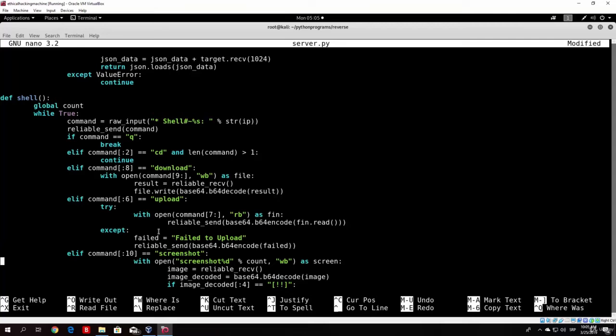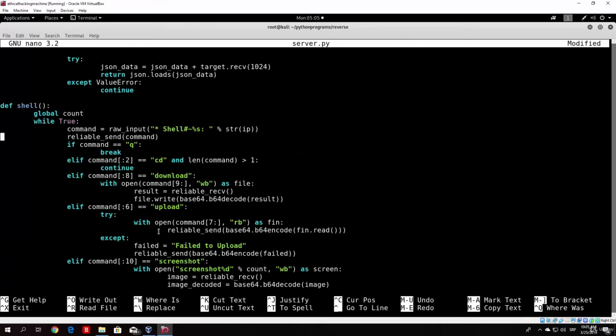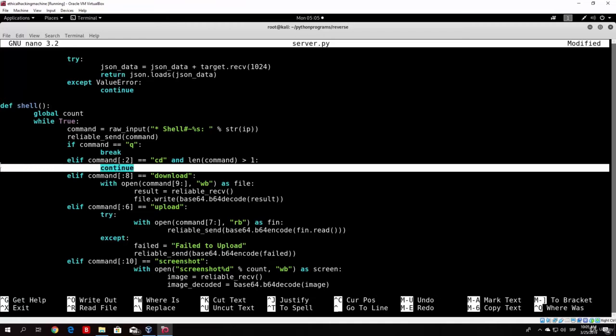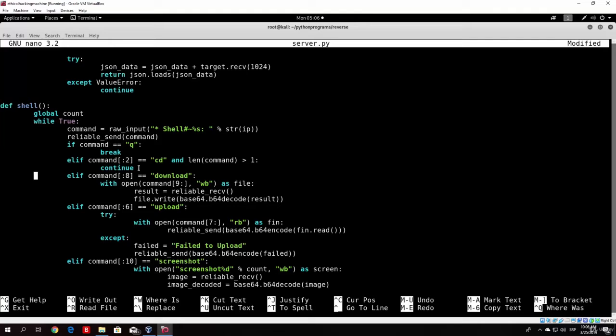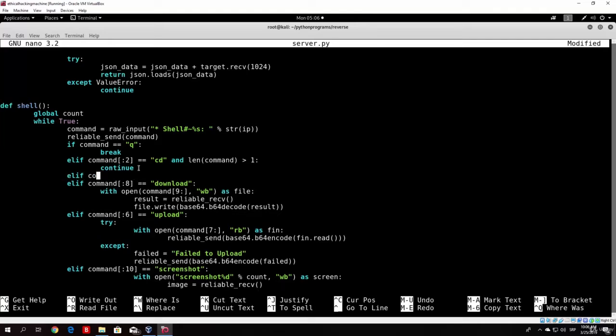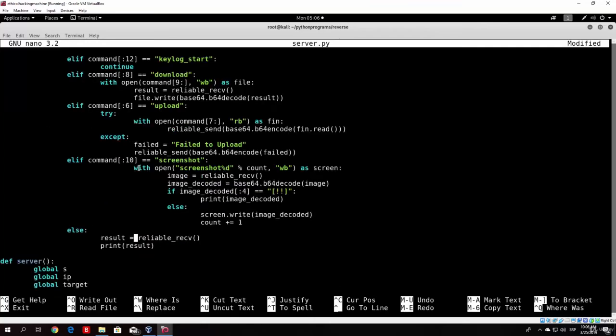And let's see what actually has to happen once we type here keylog.start and keylog.dump. If I just go right here, we will code something like this. For the keylog start, since we don't receive anything for the keylog start command, let us code the same thing. So else if command and first 12 letters equal to keylog_start. All we want to do is continue with the program, so we don't get actually bugged out at this